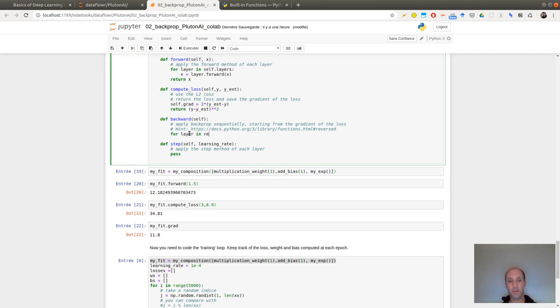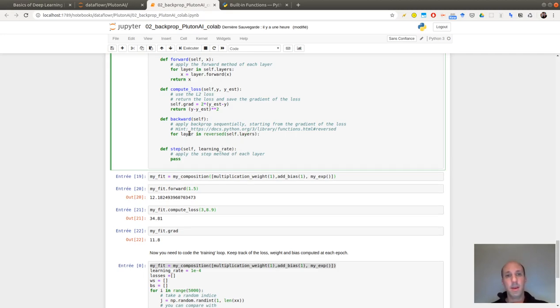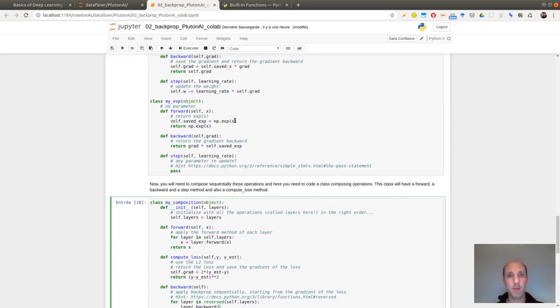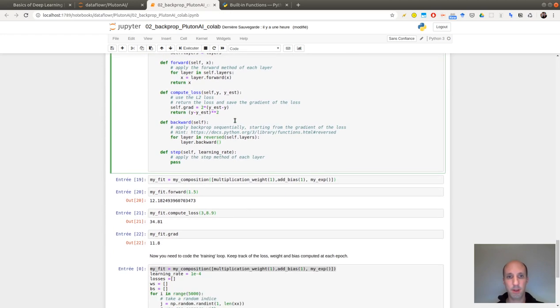For layer in the reverse. So here I'm doing backward, which will do of current grad. Oh, okay. Equal.